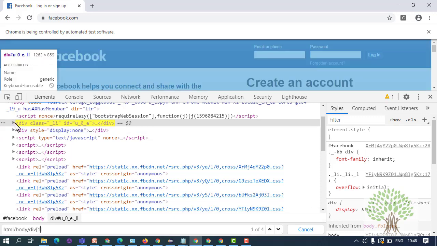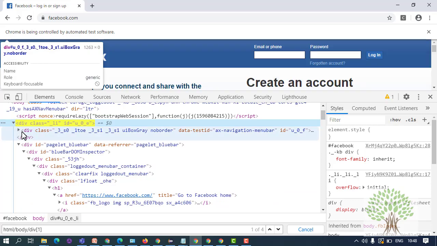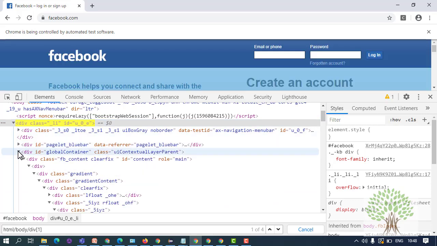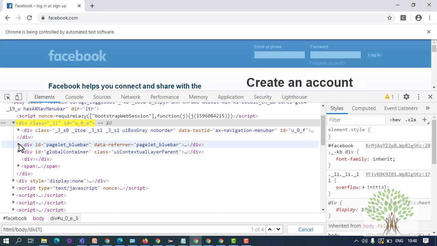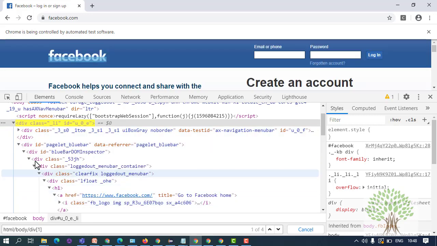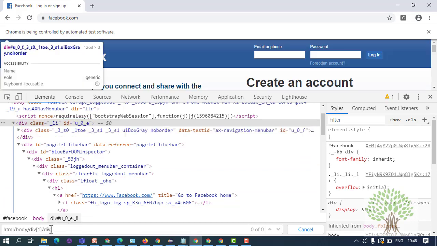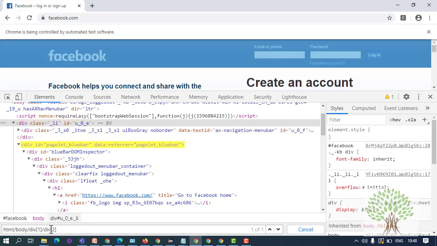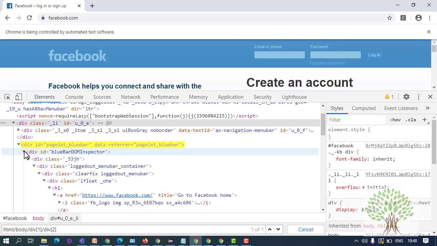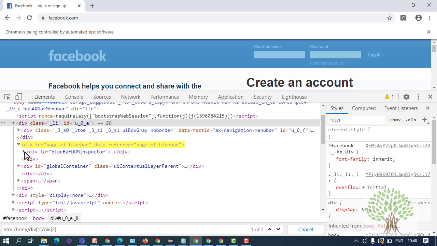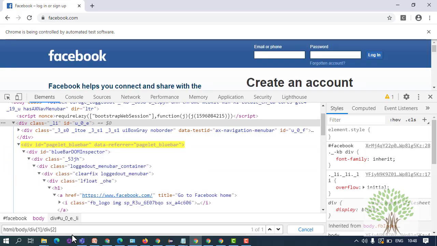Under this division tag there are multiple division tags, four division tags. I want to go inside the second one to reach the I tag. So again I will write /div brackets 2. So I'll reach this particular division. Under this division there is just one division, so I will just write /div.